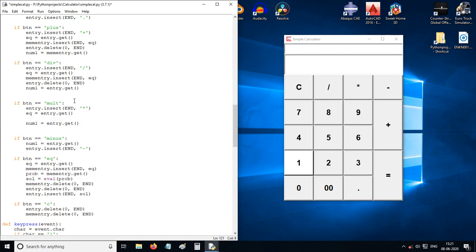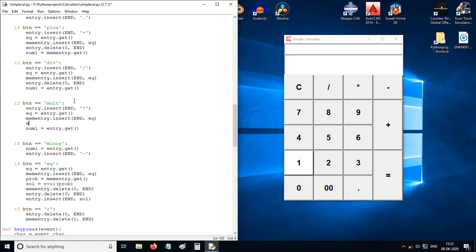Get that entry and insert into memory entry. At the end of the strings, put the equation into the end of the strings and delete the entry from start to end.